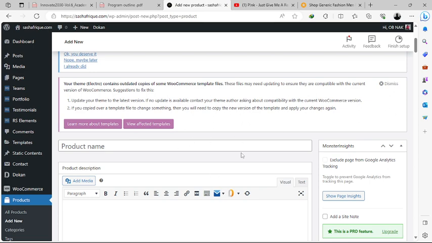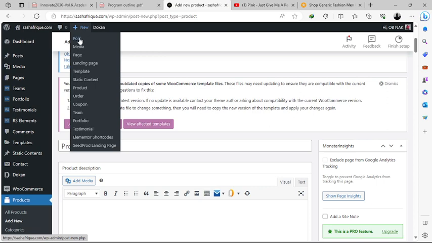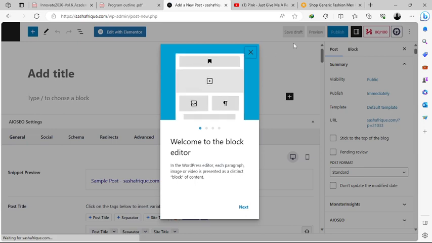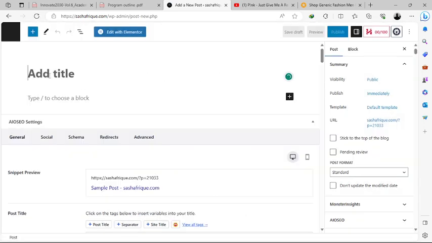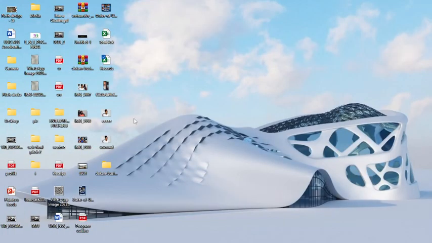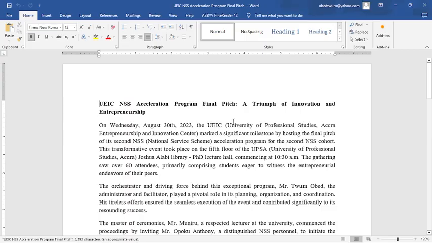Now, to also post articles, you come to new, then you come to posts, and when you come to posts, you are going to write, let's say you have your articles already. So you just put the article name there. Let me try to see if I can get an article to just publish. After that, I'll delete all of them. Maybe I have this article here. So I will just copy the title